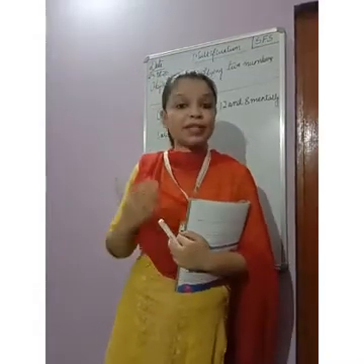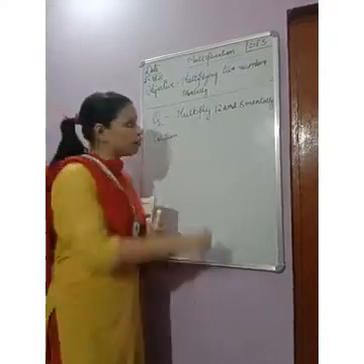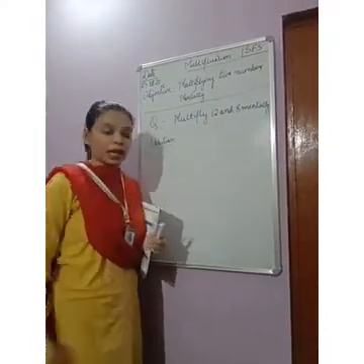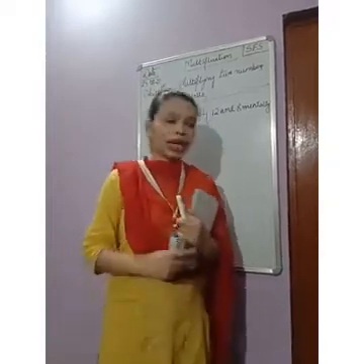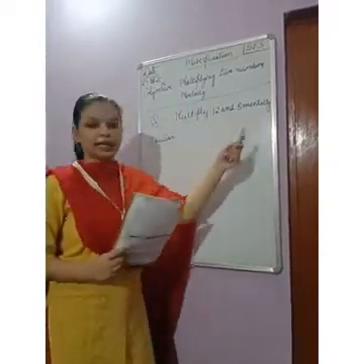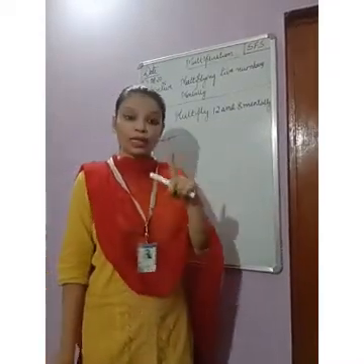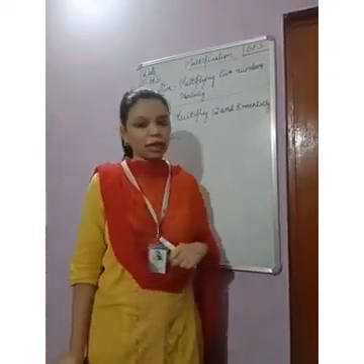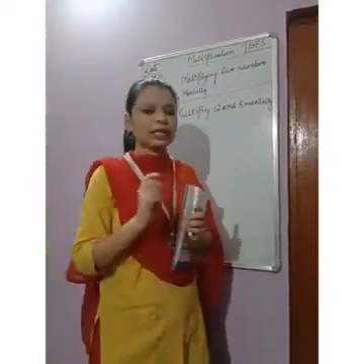Now children, I have taken another example for multiplying the numbers mentally. What if the question is a 2-digit number? Earlier we have done 9 and 8, both a 1-digit number. Now what I have taken here is 12 and 8. 12 is a 2-digit number and 8 is a 1-digit number, means single digit. Okay? So how we will do that? Like in the same way but little different.